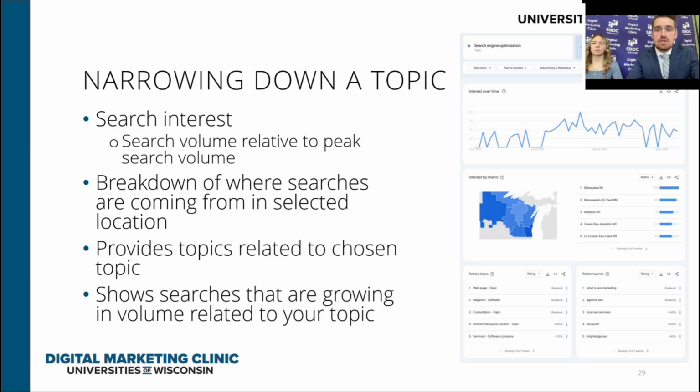In the bottom left, you can see other topics that are related to the topic that you're searching for, which could be other avenues for you to explore. And in the last module, in the bottom right, you will see search queries that users are searching for that relate to the chosen topic. This module points out areas of growth within the topic, and one of the queries could be a good potential blog post that could attract a larger audience to your cause or your business.